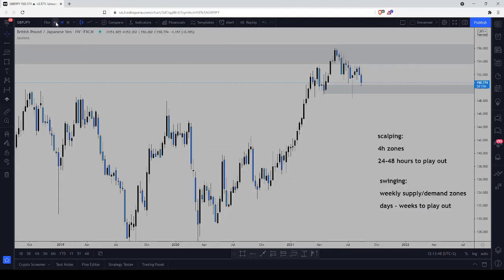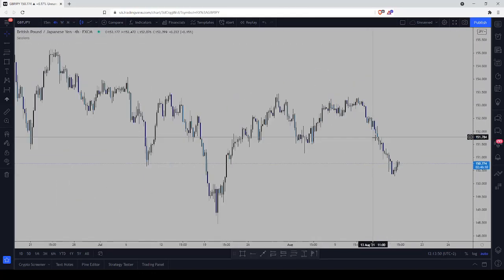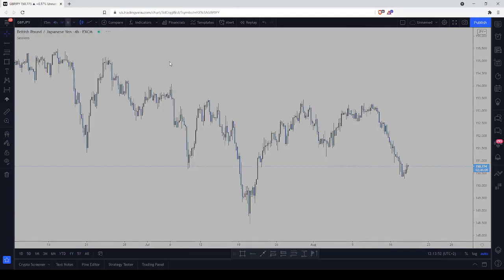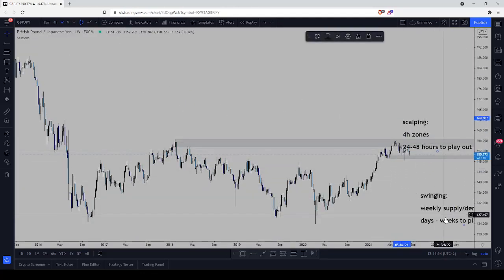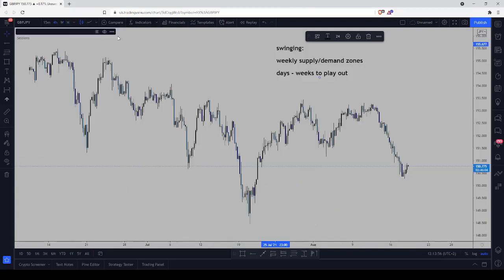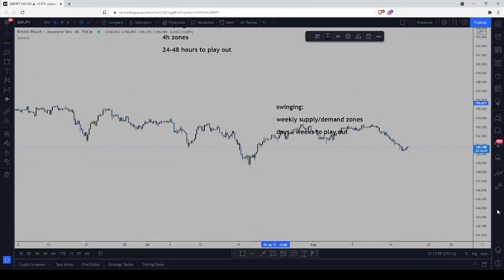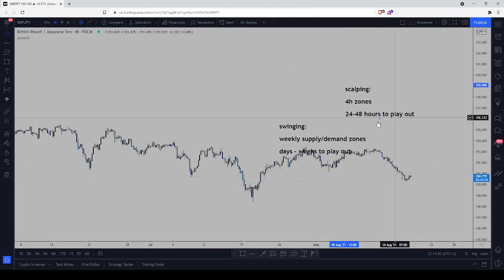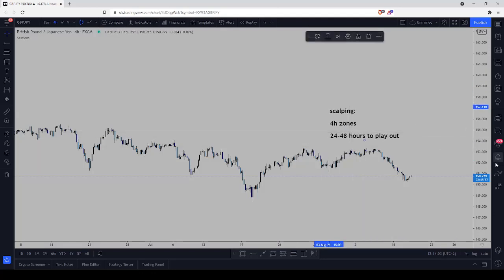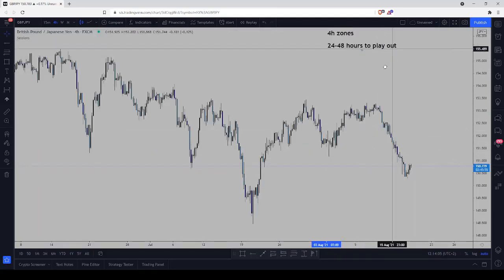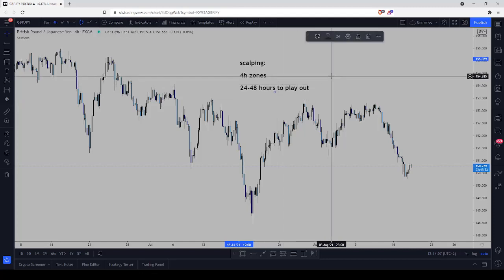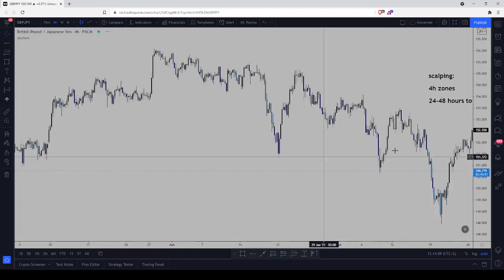And I'll be showing right now some examples of scalping for us. I don't know where these words appear to. Just gonna do it like this. Okay, there we go. So scalping is over there. We can actually remove swinging, as we already saw an example. So for scalping, we can look at